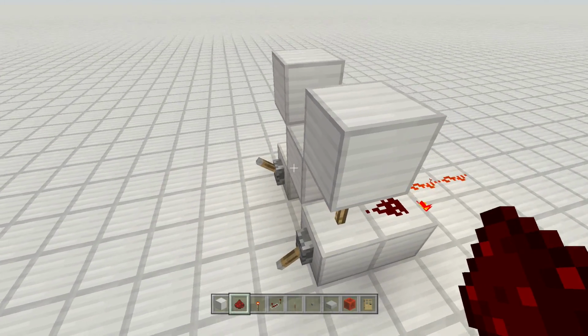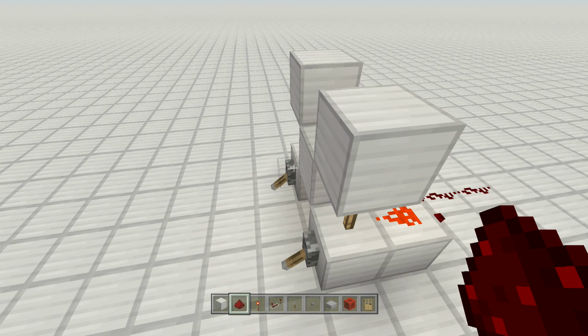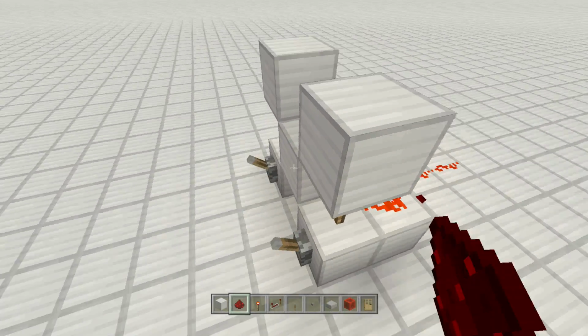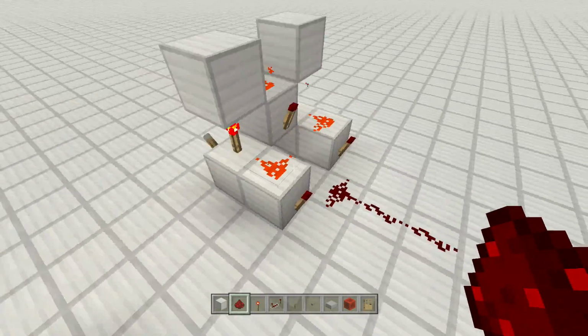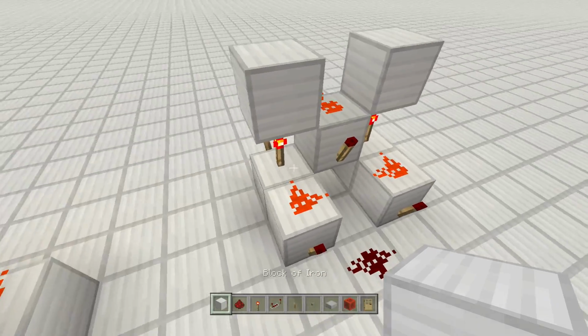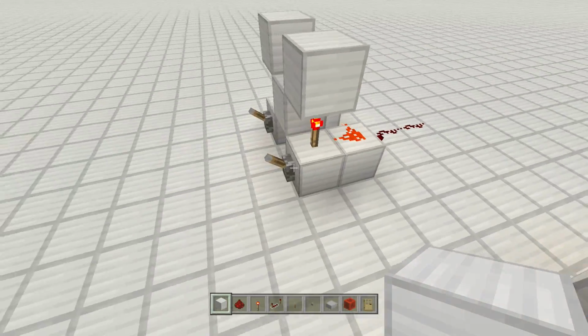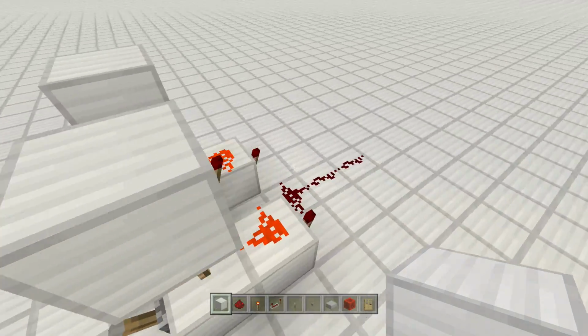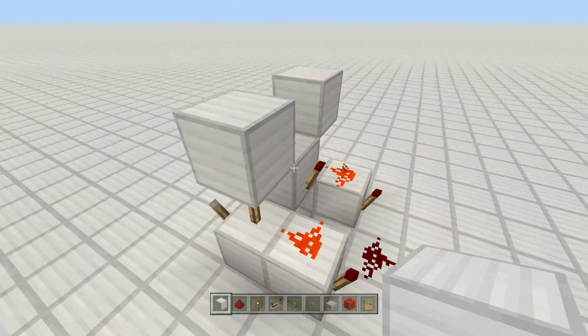1 input on and the other one on. I'll turn off this one and both off, I mean. So this is another XOR gate, very good. I like it a lot. It's very small. The only thing I don't like is that it's 3 blocks in largeness, and it's a